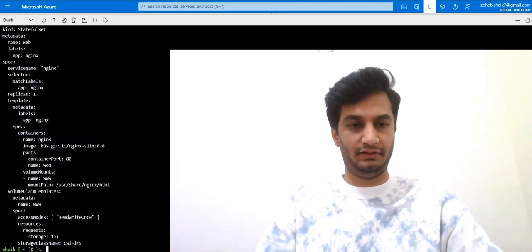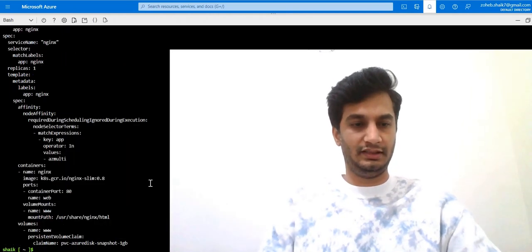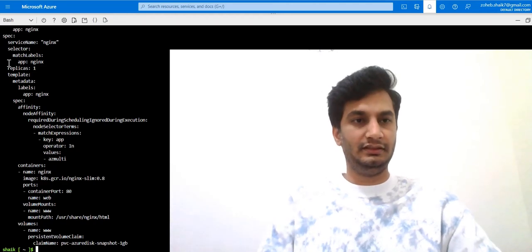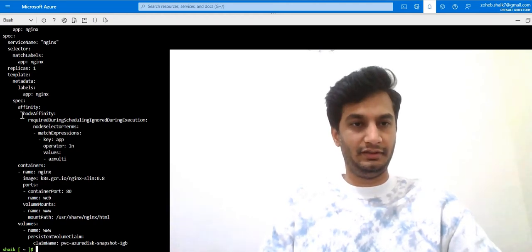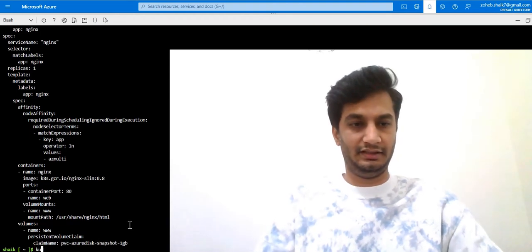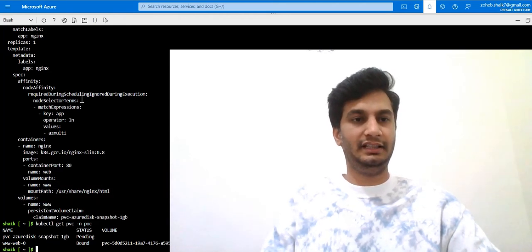I have one more file for that. Instead of this simple StatefulSet, it's the same file where we have the same affinity rules. The agent pool I'll change here, and the claim name, get PVC. This is the one I have added here, and the volume name will remain the same. Everything is the same.